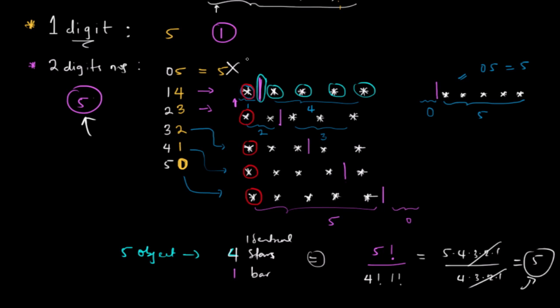But then using the symbolic representation, since I've been told that the sum of the digits must be 5, to represent the sum I used stars. And since the sum must be 5, I had 5 stars. Assuming I was told that the sum of the digits of the numbers must be 6, I would use 6 stars. If I was told that the sum of the digits must be 10, I would use 10 stars. Now again, since I've been told that the numbers are 2-digit numbers, that implies that I must make sure that the first star is fixed. Now when the first